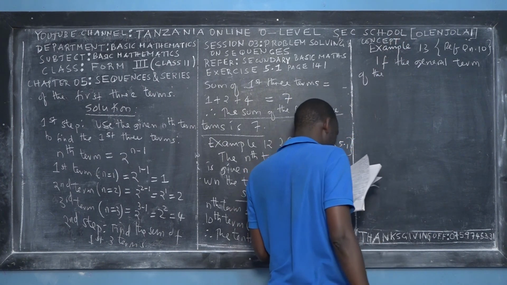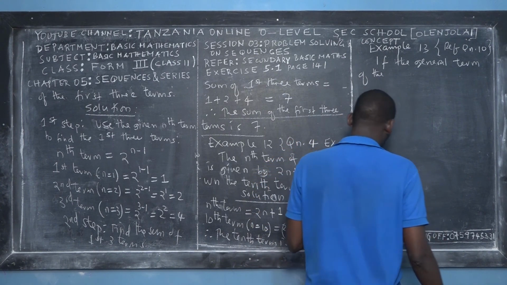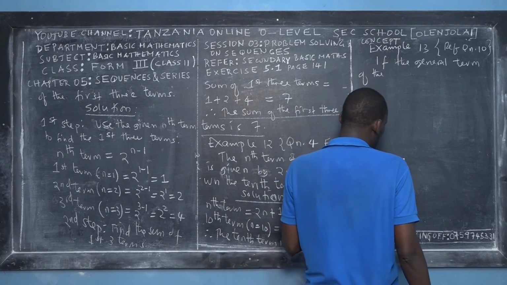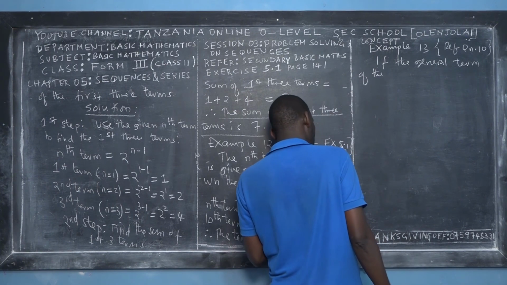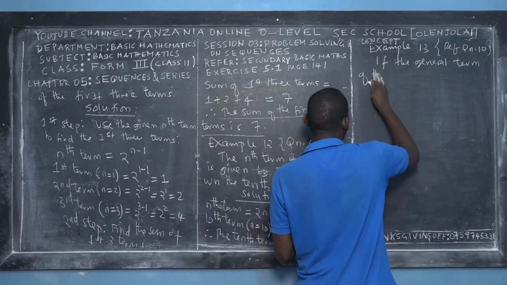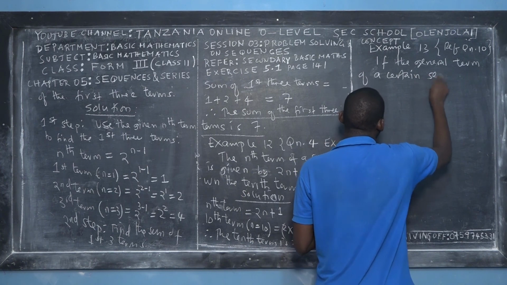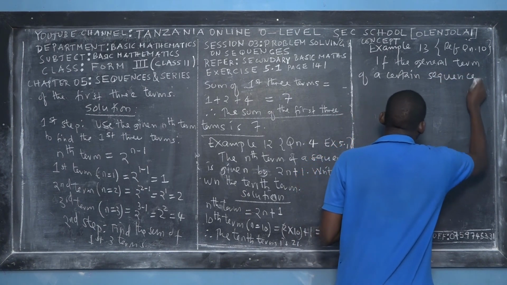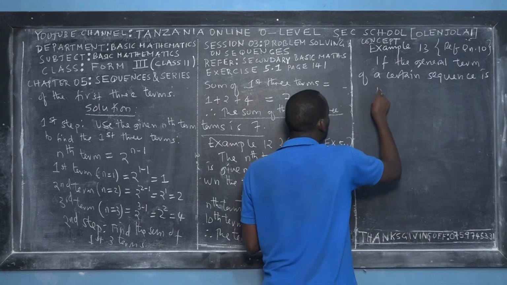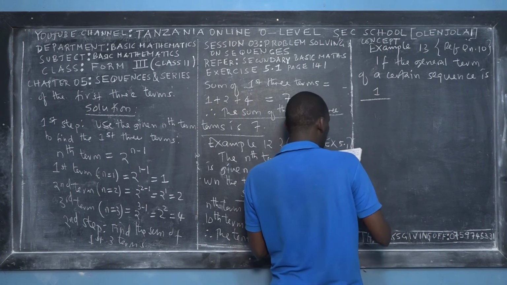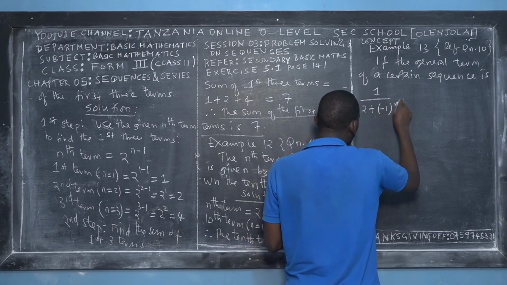Concept means that there's a certain concept that you have to gain. There's a special concept that has to be used, and you have to understand it. If the general term of a certain sequence is 1 over 2 plus negative 1 to the power n,